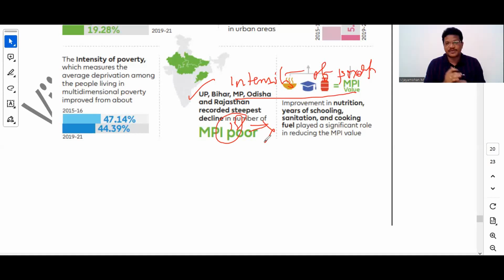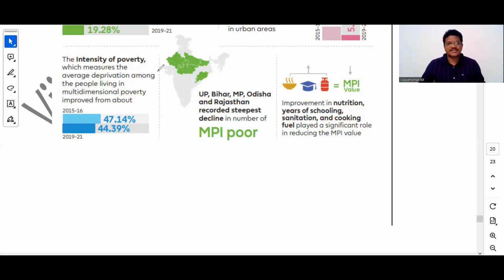And that shows the improvement in the multidimensional poverty levels of the country. So that is what the intensity of poverty is all about. So the intensity of poverty measures the average deprivation among the people living in multidimensional poverty. Nenu meeku indaga cheppinatlu, it shows the average deprivation among the people who are living in multidimensional poverty, and it